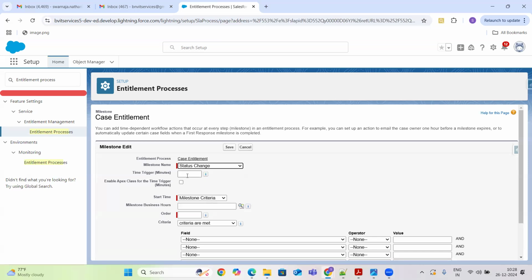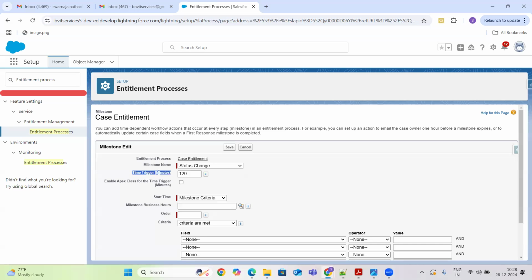Status change. Here I can give the time, the amount of time in which the milestone must be completed. Initially, as soon as I create the case, my status is new, right? I'm expecting it within 2 hours, so within 120 minutes.